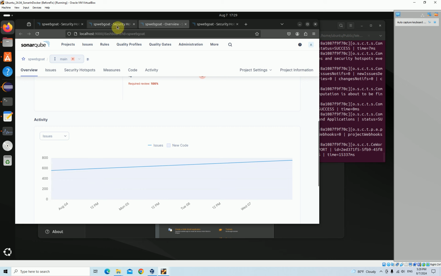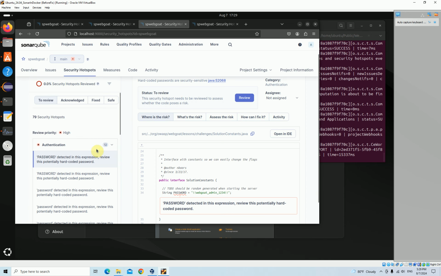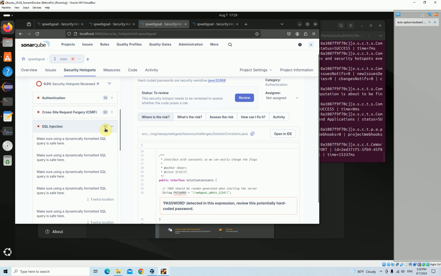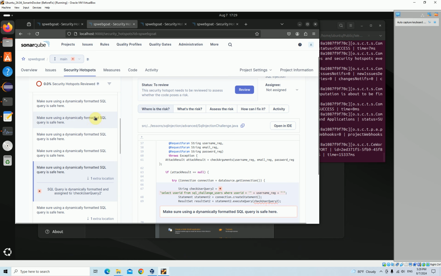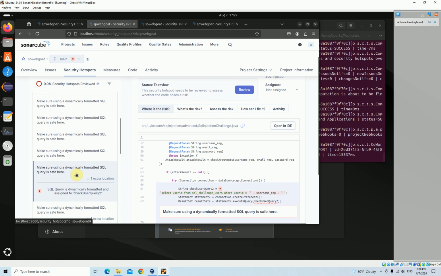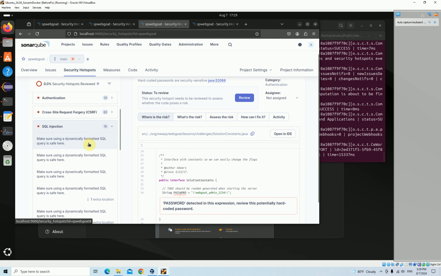So now we can analyze. SQL injection is now 10 instead of 12. In the previous one it was 12, and we have SQL injection challenge with this vulnerability, and we have assignment 5 with another one. Here